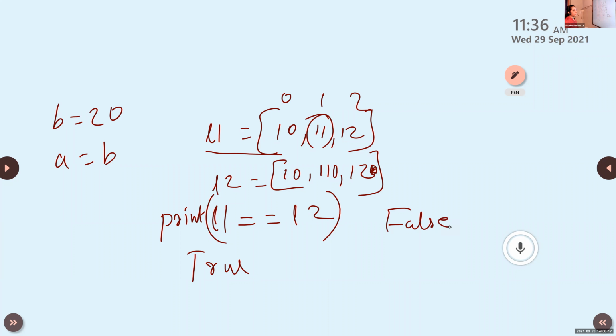We can use all the relational operators like this. Instead of equal to, we can give less than, greater than, all the relational operators. L1 less than L2, the comparison is just like that. First, it will compare 10 less than 10. If it is not okay, there is no need of comparing the next one, and at the same moment it will return the result as false. If the first comparison is okay, then only it will move to the second set of values.